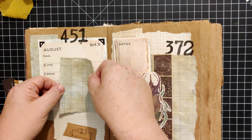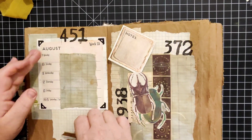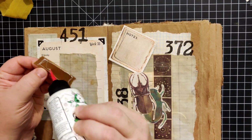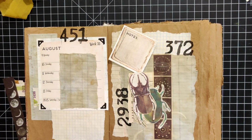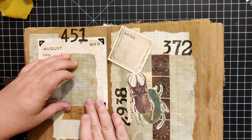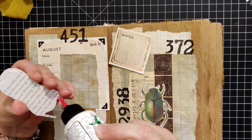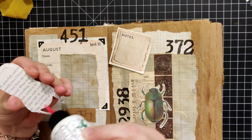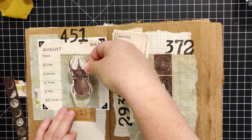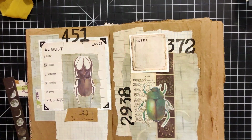Okay, so I had this kind of there. How about we say it was right there? And then this does need to slip up underneath it to hide that weird little edge. Like so. Okay, and then we've got our beetle. Here. Okay. And then